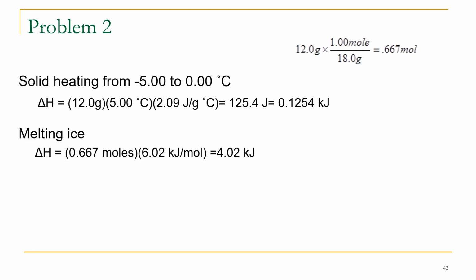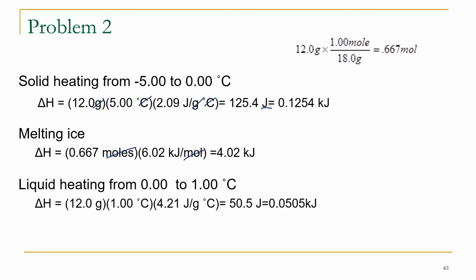To melt the ice, this time we need moles times delta H of fusion, which is 6.02. So notice here the grams cancel, degrees Celsius cancel, so my answer's in joules. Here moles cancel, and so notice that my answer's in kilojoules, that's why. So 4.02 kilojoules. And then finally, heating the liquid from 0 to 1, we need the 12 grams